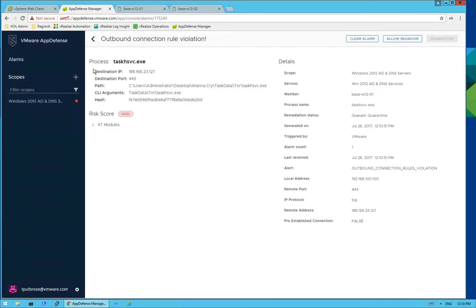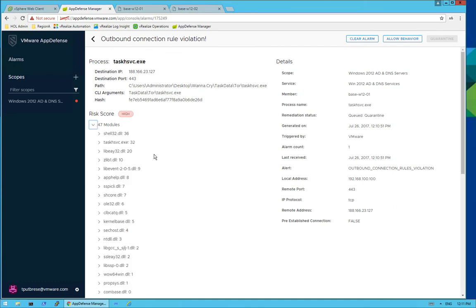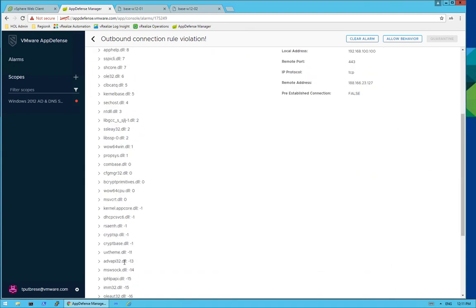So if we click on that to drill down into it, you'll see that this process that looks like it might be legitimate, taskhsvc.exe, generated this alarm. It's not an approved process or one that's part of the baseline behavior, and it was actually kicked off in this directory, and you can see that WannaCry actually installed Tor, which kicked off this process here. And there's 47 modules or 47 files and DLLs within that Windows server that the process touched or tried to manipulate, and you can click on any number of these